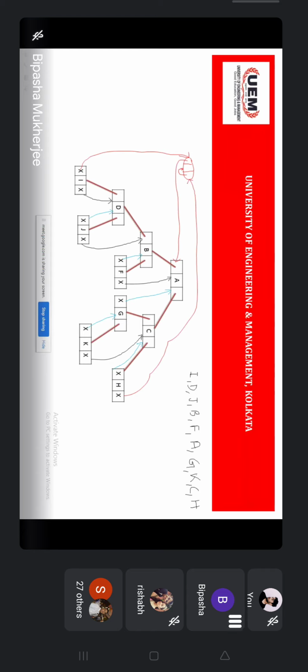So this is now a double threaded binary tree with the header node information.